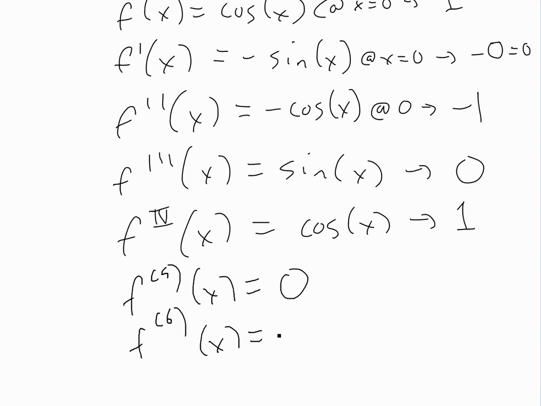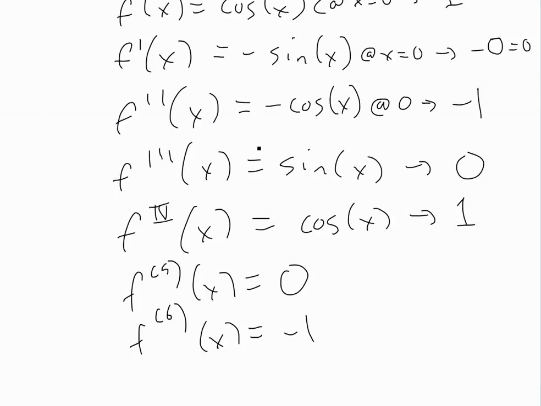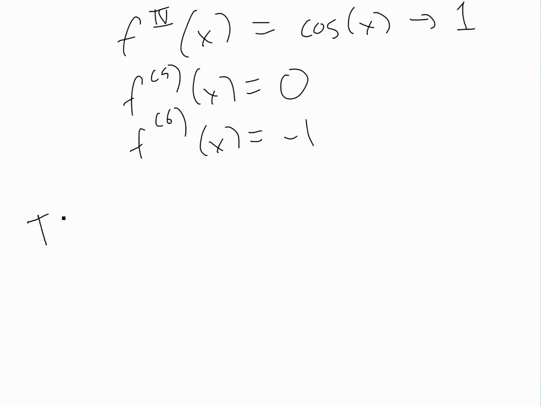This is x, this just equals 2, well, negative 1. And so on. So then from here we could just write out the Taylor polynomials. So then this one is 0 here, so we're just left with 1. And then now if we write out the other one right here, so T2